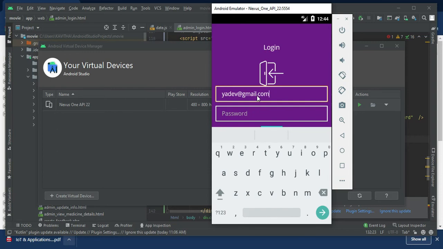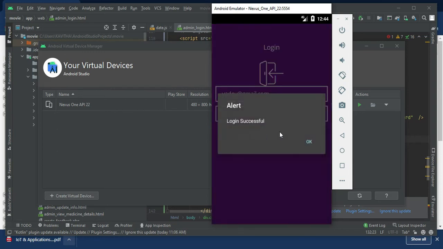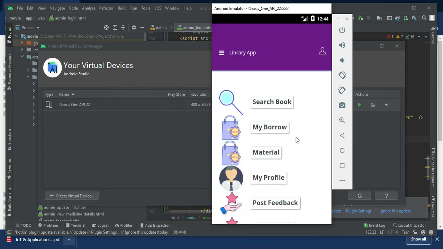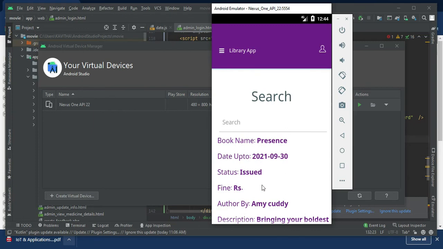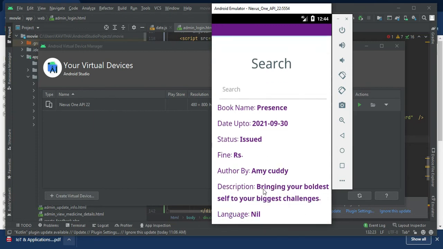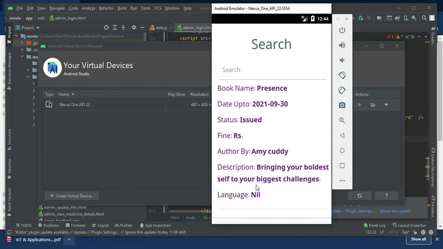So go to the student account now. Go to the my borrow option. You can see whatever you have borrowed, the final date, and the status is issued now.